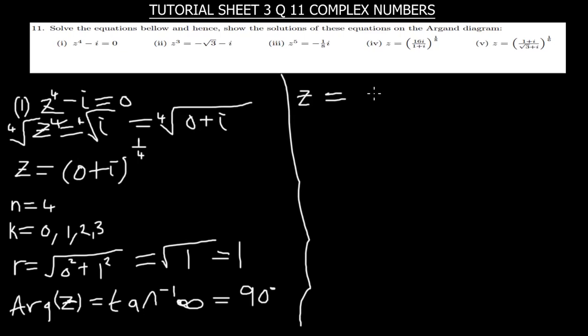Our complex number z in polar form is going to be, I'll open the square brackets, and then inside there I'll write my magnitude. The magnitude of z is equal to 1. So I'll write my 1 there, and then open brackets. Then the complex number z in polar form will be cos,